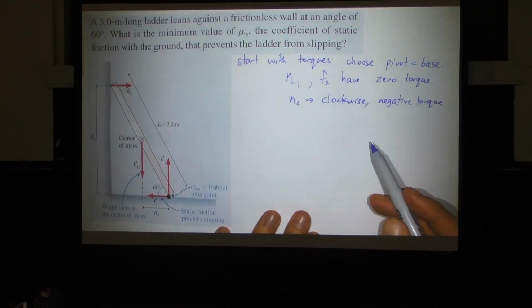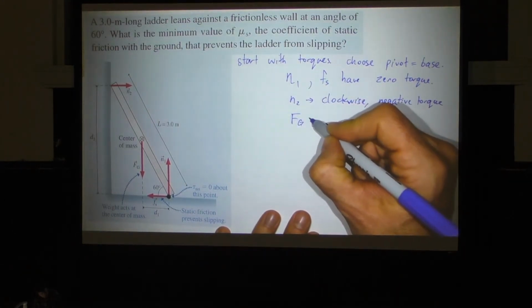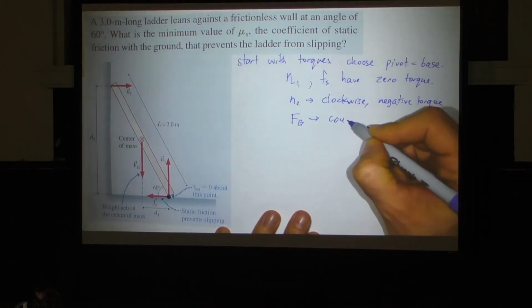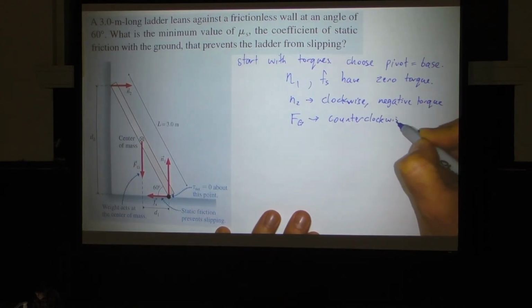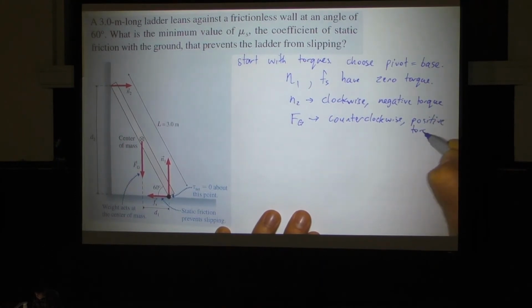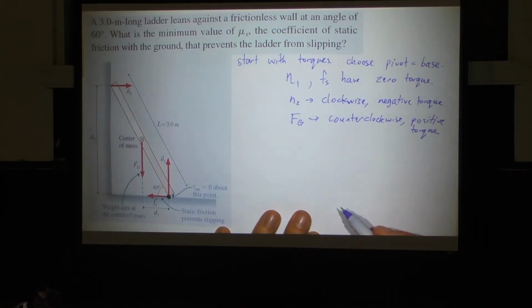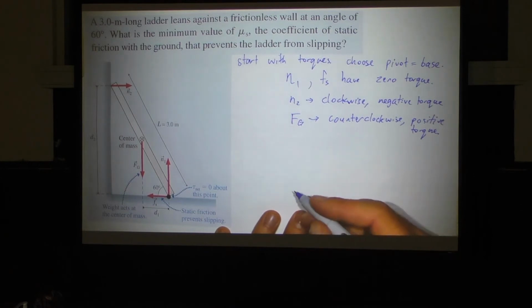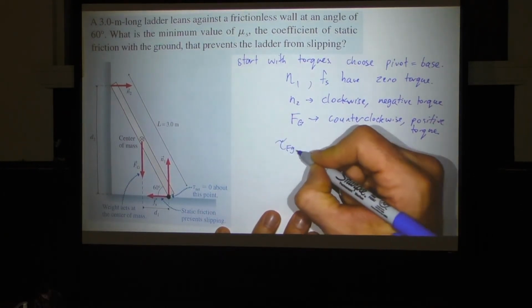And there's got to be a positive torque somewhere. Well, it's probably going to be this Fg, the gravity force, a counterclockwise, positive torque. Okay? So if gravity was the only force, it would pull the thing down like that. And so the torque due to Fg,